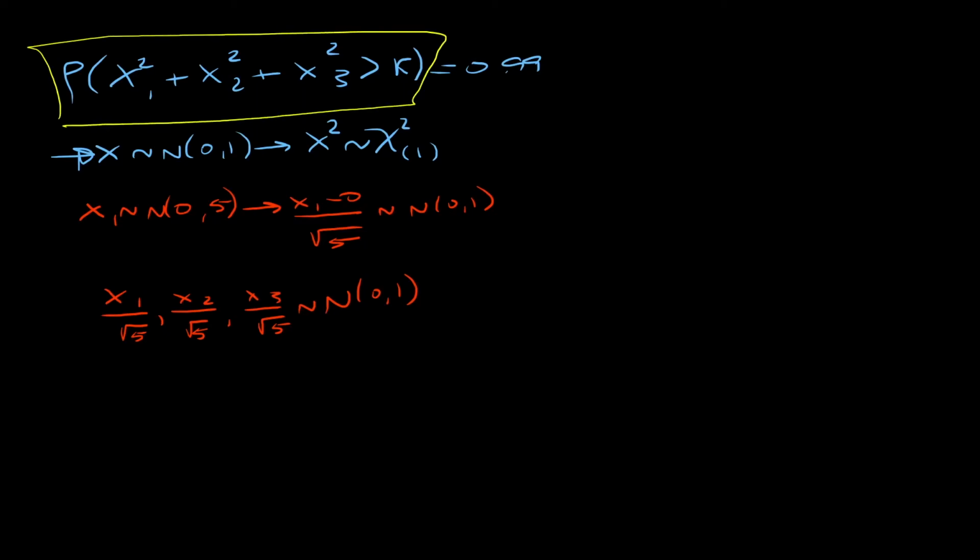We have it as a square root, so we need to square all these terms and get the constant out. By doing that, we're going to get this as follows: 1/5 multiplied by x1 squared plus x2 squared plus x3 squared, and all this is greater than 1/5 k. We get the 1/5 k here because we have the 1/5 k here as well. And this is equal to